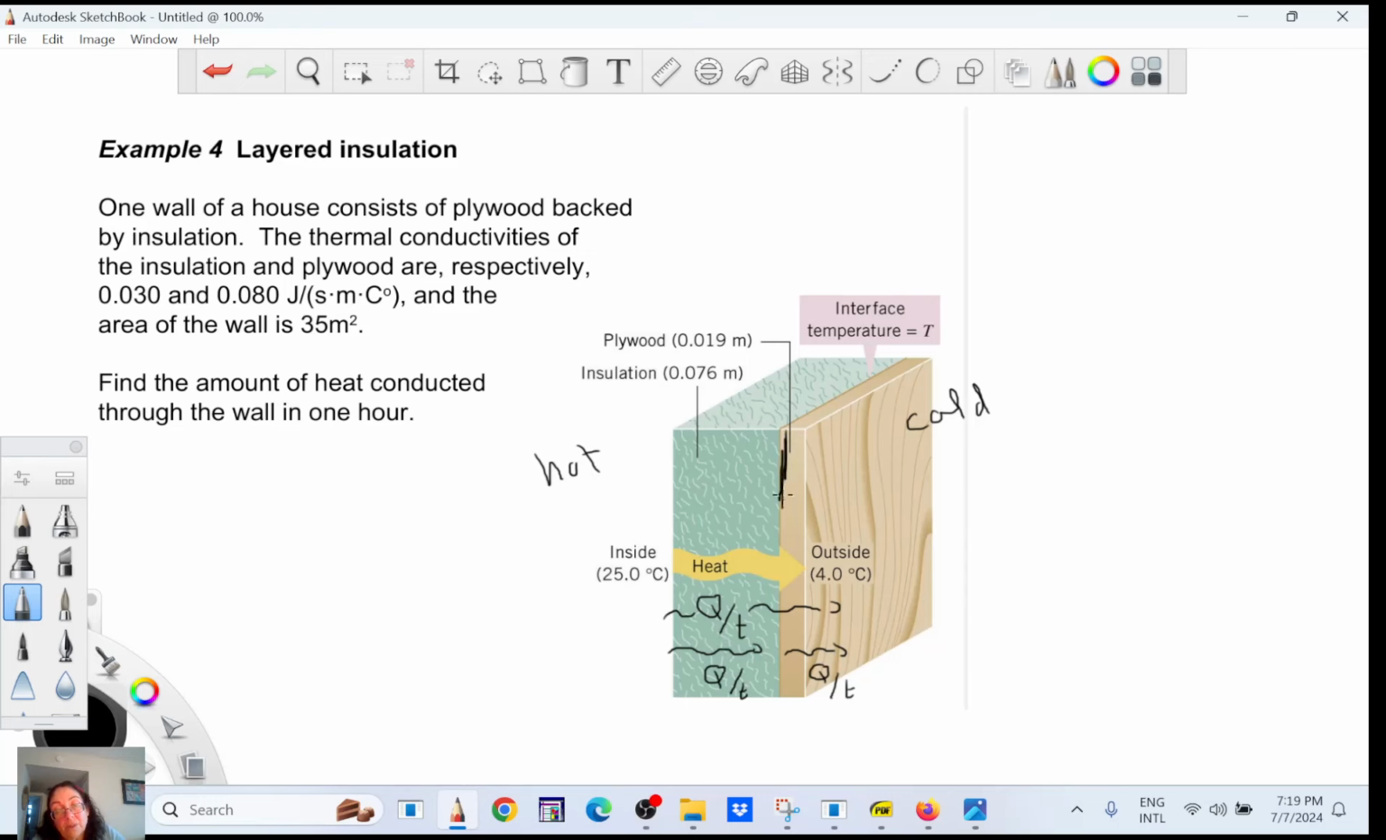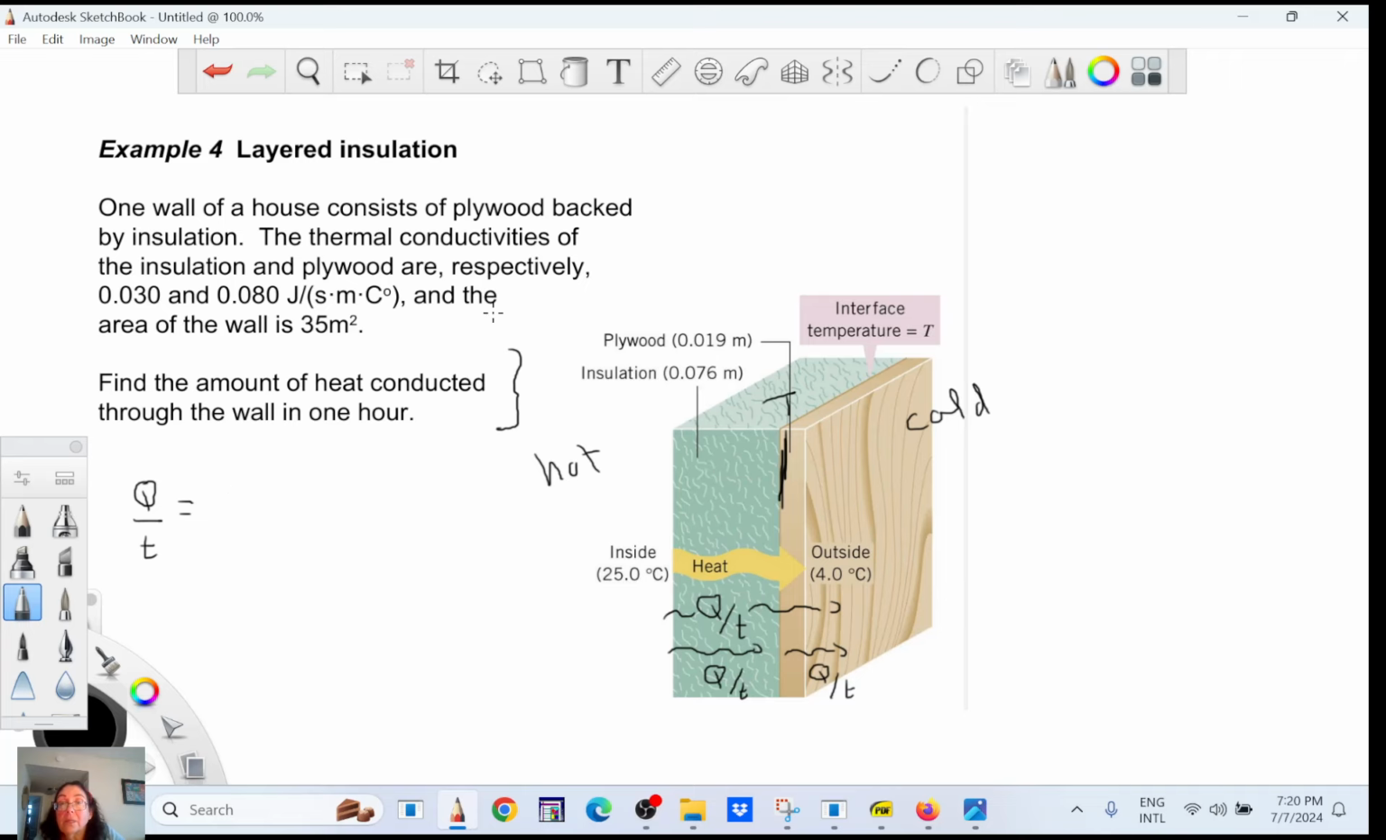But here you're going to have a temperature T. So it's going to go from 25 to this temperature here, and that temperature to 4 degrees Celsius. But the rate at which it's moving is going to be the same. So they want to find out what Q leaving the house over 1 hour is. First we need to find that temperature here. The rate at which it's flowing through that first layer is going to be equal to